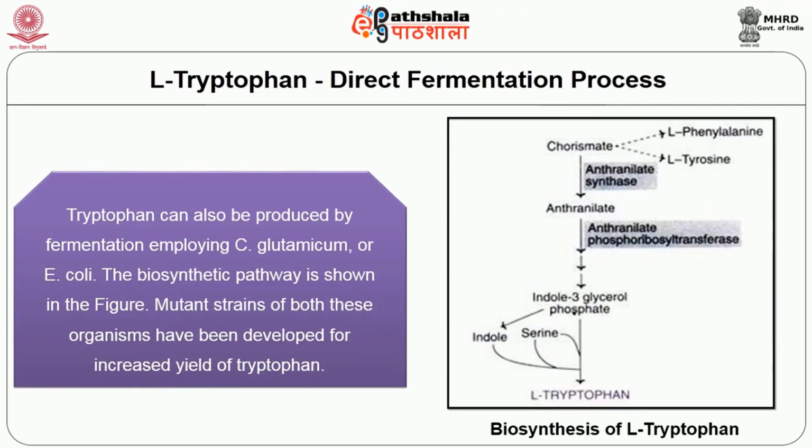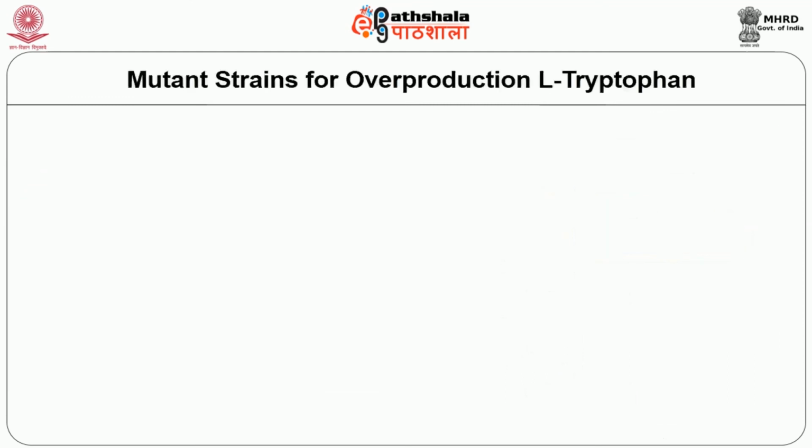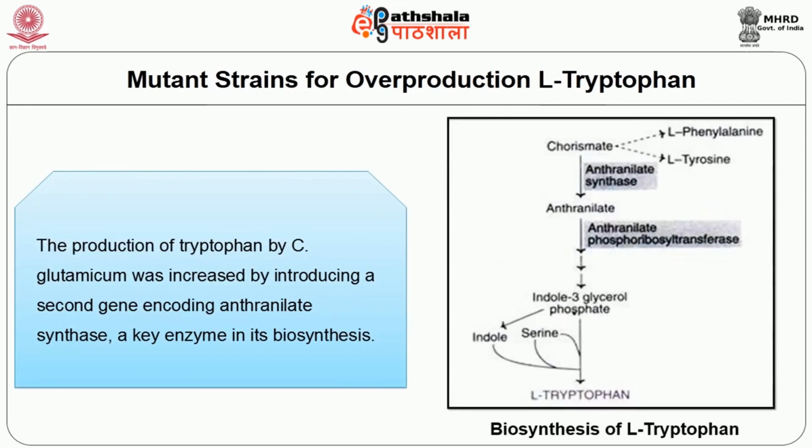Direct fermentation process for tryptophan is carried out employing Corynebacterium glutamicum or E. coli. The pathway is shown in the figure. Mutant strains of both these organisms have been developed for increased yield of tryptophan. The mutant strains for the overproduction of L-tryptophan can be developed. The production of tryptophan by Corynebacterium glutamicum was increased by introducing a second gene encoding anthranilate synthase, a key enzyme in its biosynthesis. The result is that the pathway becomes insensitive to feedback inhibition by the end products, leading to